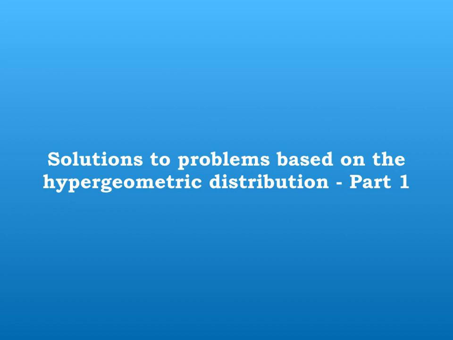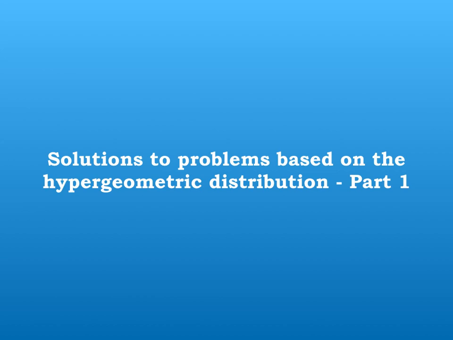Now what is n? n is the sample size. A denotes the number of units which possess a particular characteristic, and B denotes the number of units which don't possess the characteristic. The mean formula for the hypergeometric distribution is E of x equal to nA divided by A plus B. Then the variance is V of x equal to nAB into A plus B minus n divided by A plus B the whole square into A plus B minus 1. And the standard deviation is SD of x, which will be root of the variance.